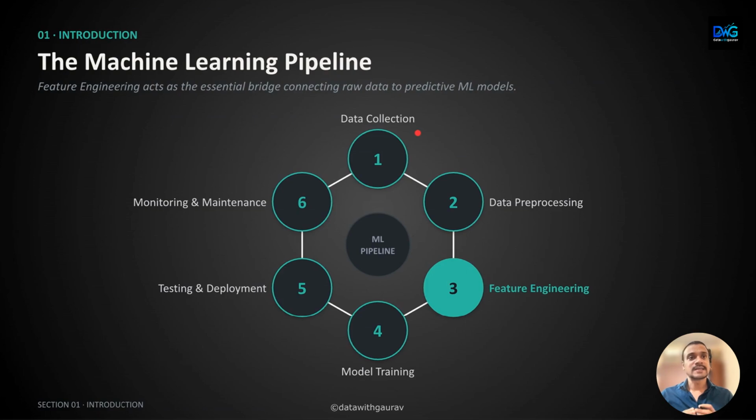Over time, data patterns can change, causing the model's performance to decline. So, we continuously monitor the model, collect new data, refine features, and retrain the model when necessary, and repeat this entire process. So, as you can see, feature engineering sits between data preprocessing and model training. It plays a crucial role by converting prepared data into informative features that enable machine learning models to learn effectively and make accurate predictions. In practice, well engineered features often contribute more to model performance than the choice of algorithm